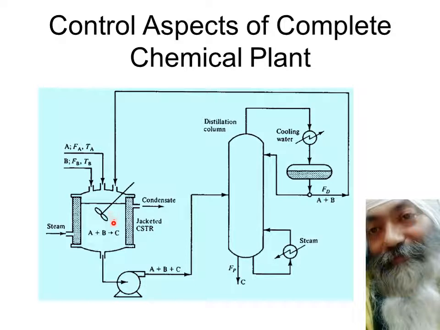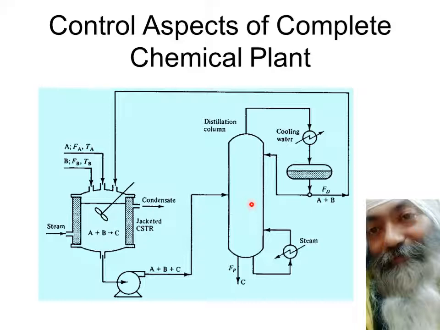So as such, my dear friends, you can see now that this system becomes too complicated. Even if I'm assuming so many things, I'm assuming that this CSTR is a simple CSTR, and that this is a binary column, and that there are only two units connected. It's only a CSTR connected to one distillation column, and what is happening further to this FP, I'm not considering. From where this FA and FB are coming, I'm not considering. So I'm considering that these are in isolation. I've just coupled one CSTR with one distillation column, and things become quite complicated.